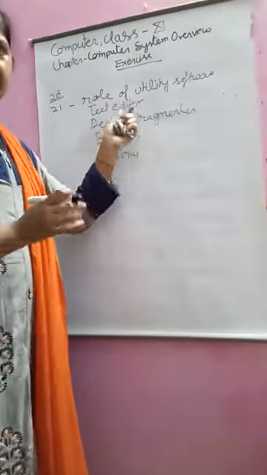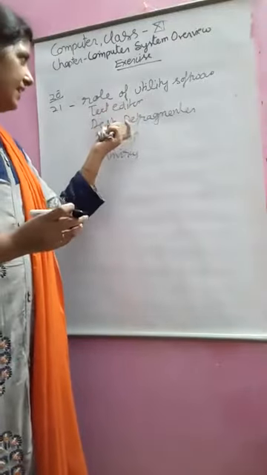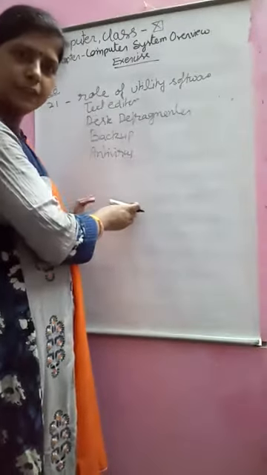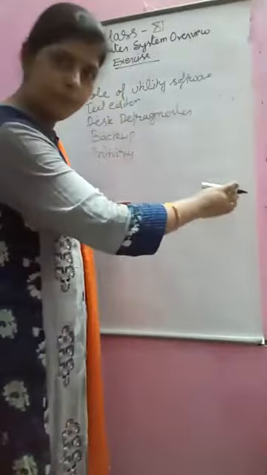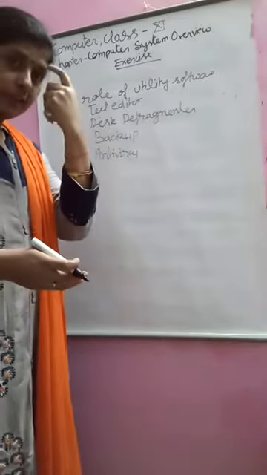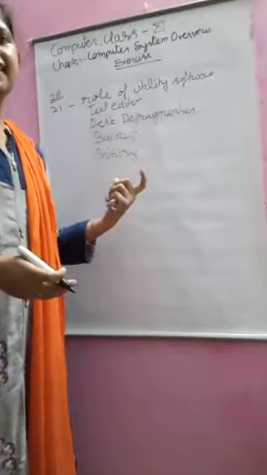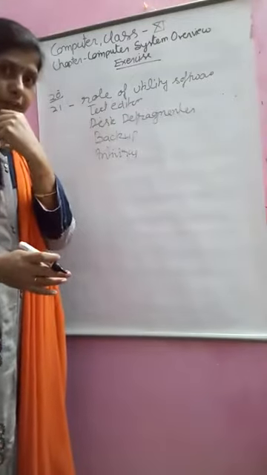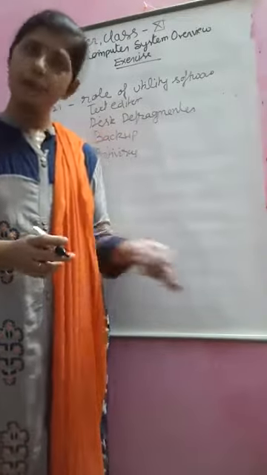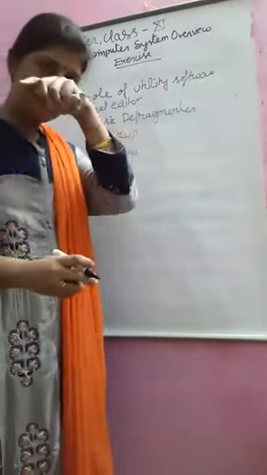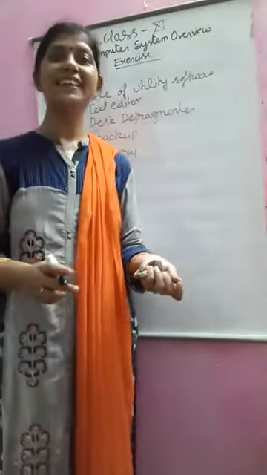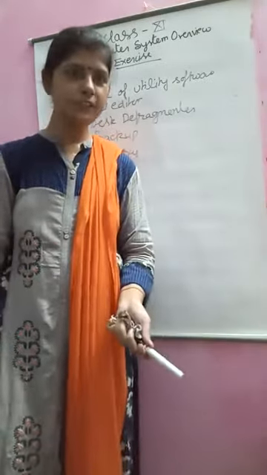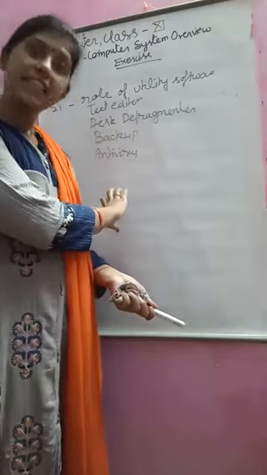A text editor lets you write and edit text. A defragmenter combines all the assigned spaces into one place so the empty space comes together, and you can easily use that empty space. Backup takes one copy of the data, so that in case of any loss, you can recover it. And antivirus is software which can detect viruses on your system, destroy or delete them, so that your system is safe from the virus.